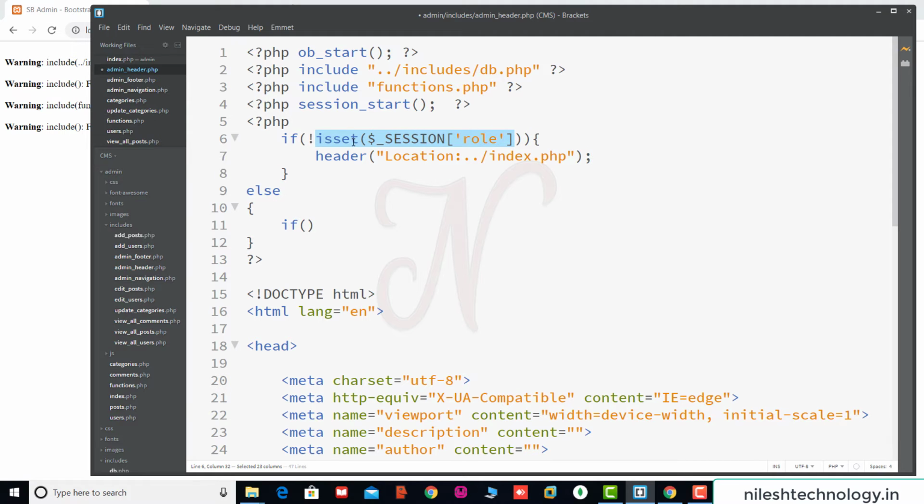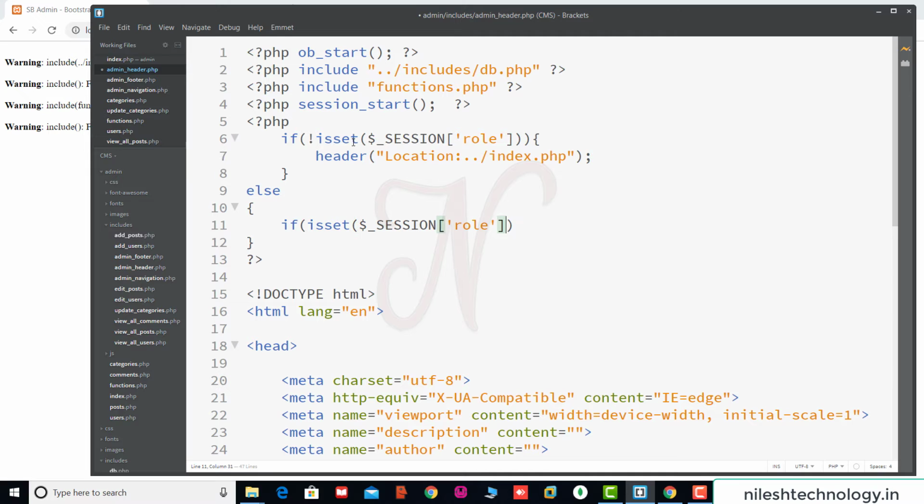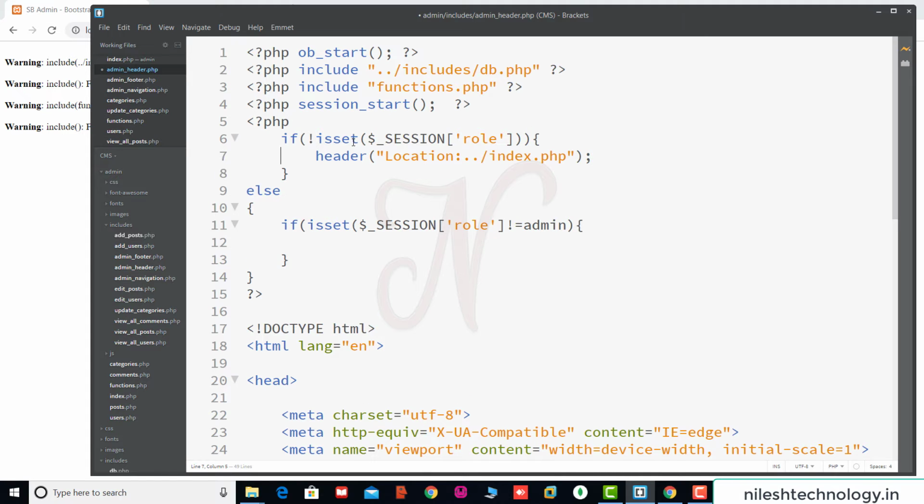So we copy this code here. So if your role is admin, then... if your role is not admin, meaning it's a subscriber, then again you are redirected to this index.php.